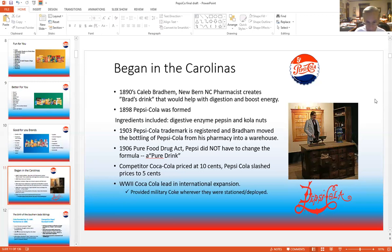Because this was at a time when the U.S. economy wasn't doing too well. As a matter of fact, it was around the time of the recession, and Pepsi-Cola was actually considered to be the drink for poor people. And on the other hand, when the war came along, Coca-Cola, that was run by another smart guy, and